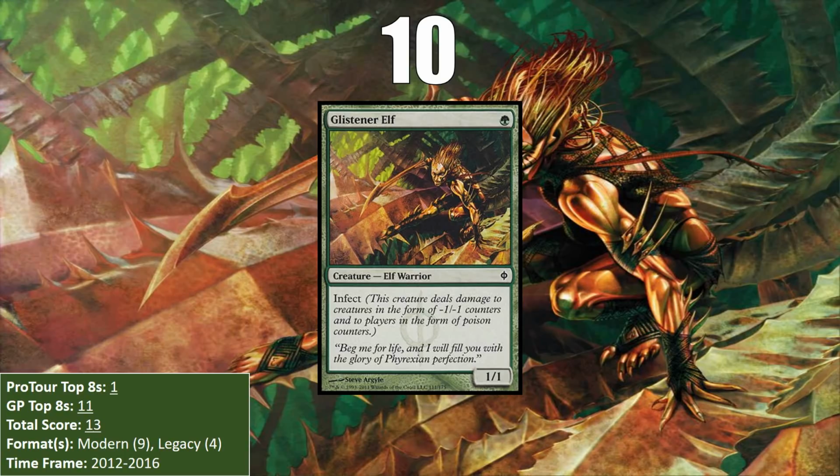At number 10, we have Glistener Elf, the first of several creatures on this list to sport the Infect mechanic, which made creatures do damage as -1/-1 counters and as poison counters to players. Infect decks basically ran as many low-curve creatures with Infect as possible, and a bunch of ways of pumping the creatures to make it possible to win the game in one swing with a creature that starts as small as